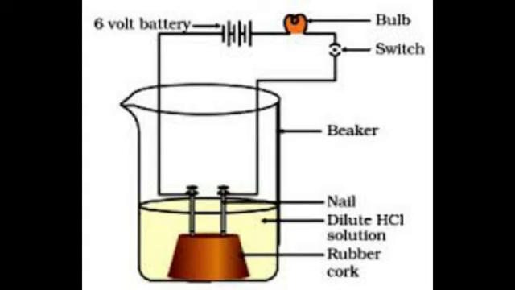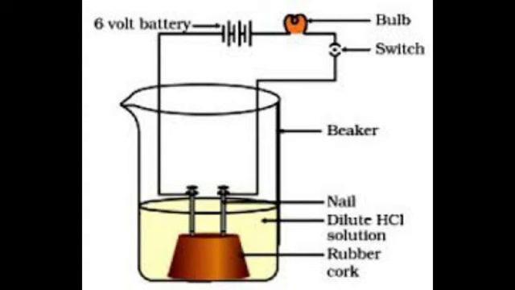Now what we'll do in this experiment is try to use different solutions to see if they conduct electricity or not. The first solution that we take is alcohol. Now this alcohol solution is poured into the beaker. And now the circuit is closed, which means that the switch is turned on. Now remember, there is no direct connection between the two nails. So only if your solution can conduct electricity, only then the bulb will glow. Else the bulb just does not glow.